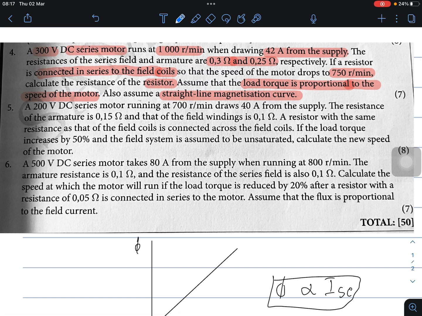Okay, guys, this is where I'm going to stop with calculations. It's a series motor. I want you guys to attempt these two and then after attempting, post in the comment section, then I will do a video on these two specially as a correction. I just want to allow you guys to practice, and for those at college, we will do the correction in class.